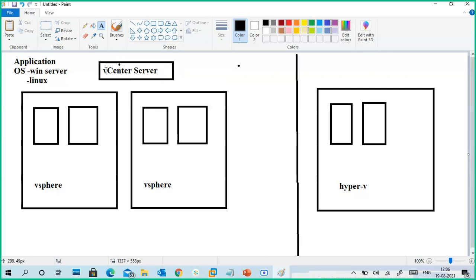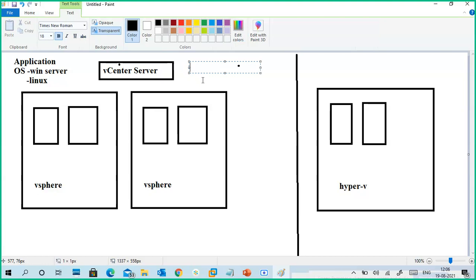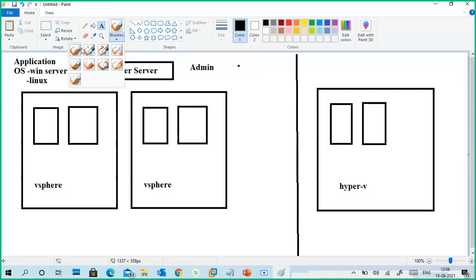So what is the use of this one? It is a centralized administration type. The user connects to the vCenter Server application and manages multiple vSphere hosts, and there are other features also that we can administrate. So this is a separate one. Okay guys,